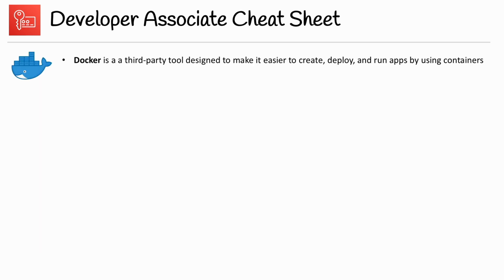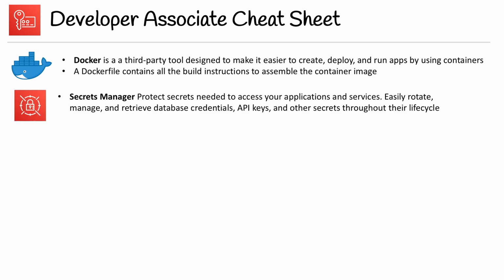Then we have Docker. Docker is not an AWS service, but it's key to containerization. So Docker is a third-party tool designed to make it easier to create, deploy, and run apps by using containers. A Docker file contains all the build instructions to assemble the container image. Then you have Secrets Manager, protect secrets